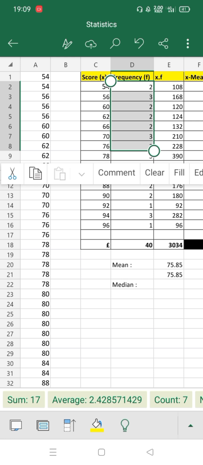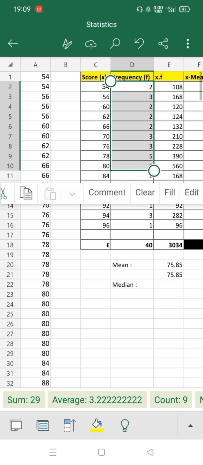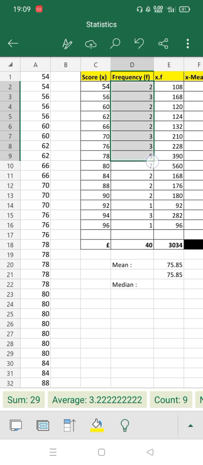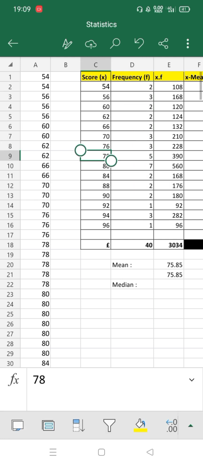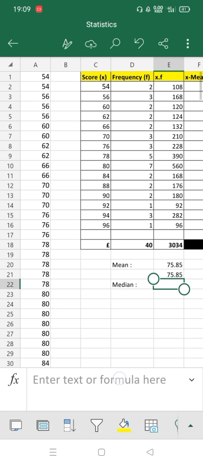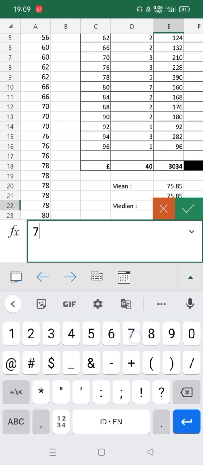Here, look at this, the sum is still 17. Oh, it is too much. Yeah, the sum is 22, which means that the median is in here, or 78. Alright, that was the